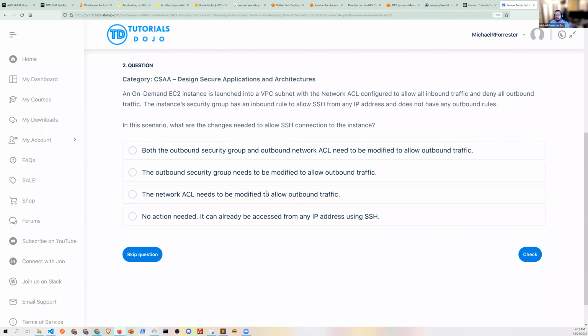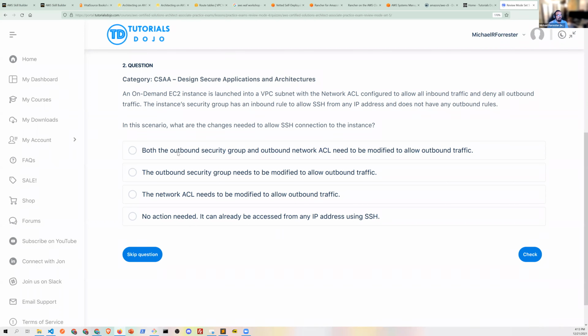You've got an on-demand EC2 instance, and it's launched into a VPC subnet with the network ACL configured to allow all inbound traffic and deny all outbound traffic. The instance security group has an inbound rule to allow SSH from any IP address, but obviously does not have any outbound rules. So in this scenario, what are the changes needed to allow SSH connections to the instance? Now,